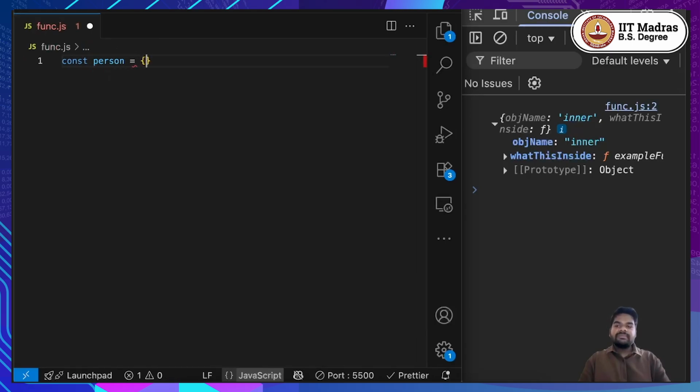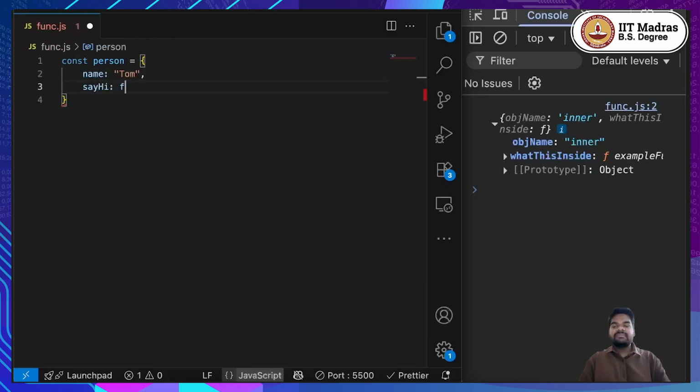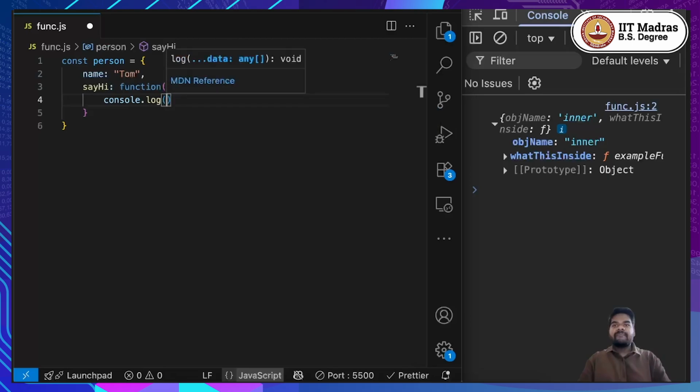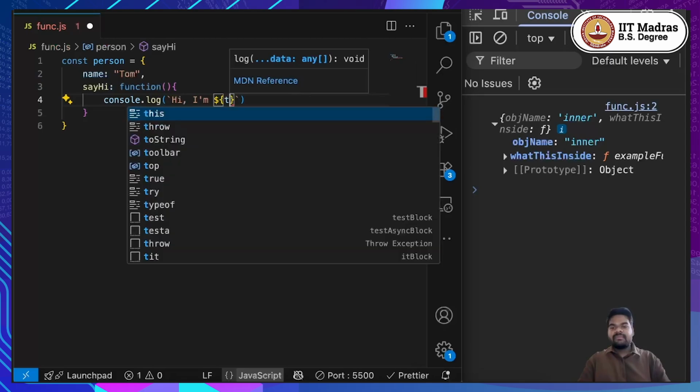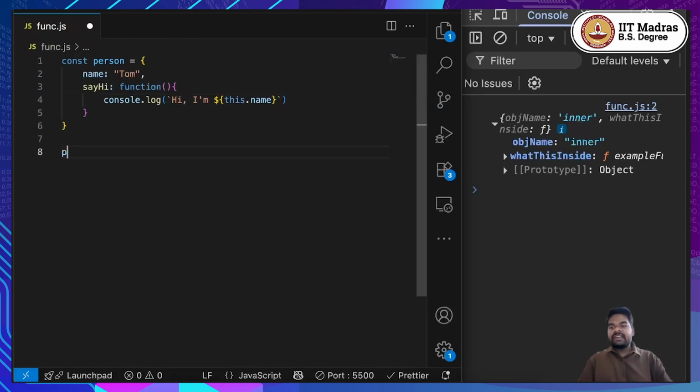You have another person whose name is Tom and he says hi. Let's create it as a normal function and console.log. It says hi, I'm the person this dot name. So if I say person dot say hi,